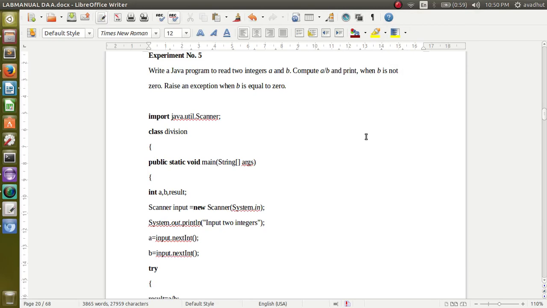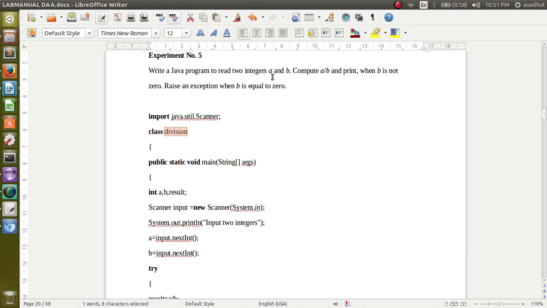So we are here with the next experiment number 5, which says that we have to create a Java class called division. What we are going to do here is just divide two numbers and find out whether the denominator is 0. While doing division, denominator cannot be 0. In mathematics, if we are dividing any number by 0, it gives us infinity, but the computer does not understand that infinity. So what we are going to do is display a message that it is divided by 0, error, and that error should be displayed if the denominator is 0.